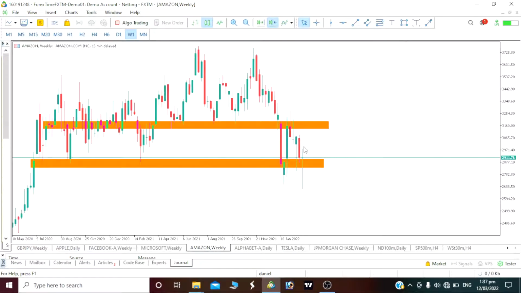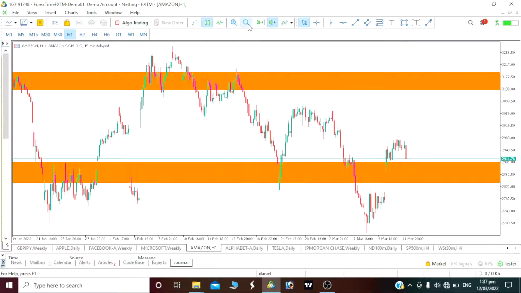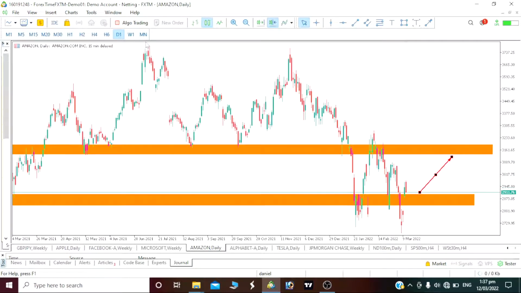On our Amazon, same thing. We should also be looking for a bullish movement up here. Before that, like I said, before you actually take your buy position, you should wait for multiple break of structure upward, maybe 2 or 3 breaks of structure that are trending up on our 1 hour time frame before you actually take your buy position. If not, I'll rather tell you to wait, then you actually take your buy position.